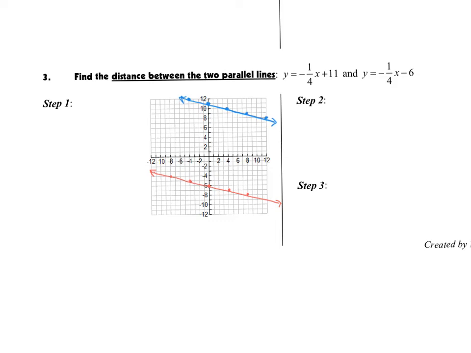In number 3, we're going to find the distance between two parallel lines. Our first step is to write the equation of a line through the y-intercept of one of the given lines that's perpendicular to the same line. So if we are to use the y-intercept here of 11,